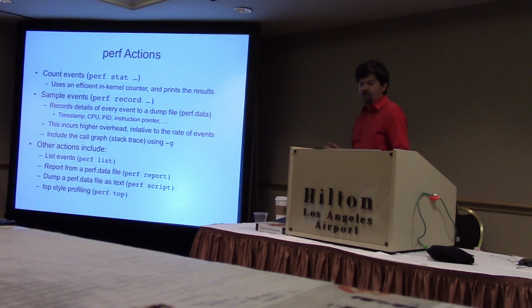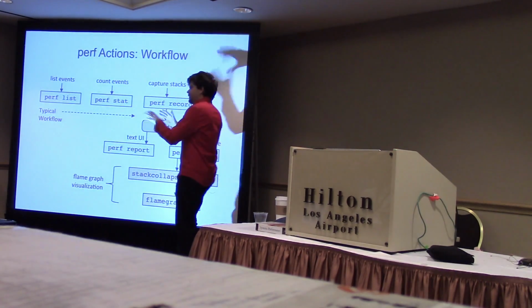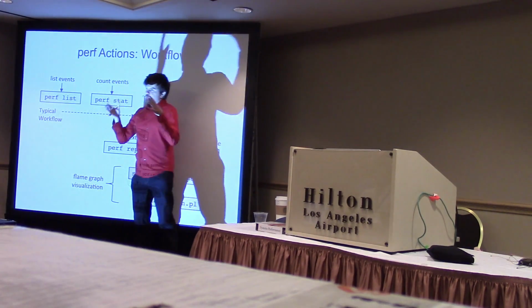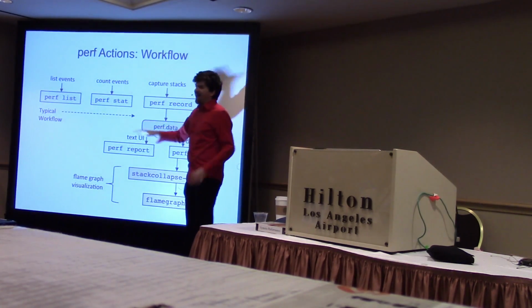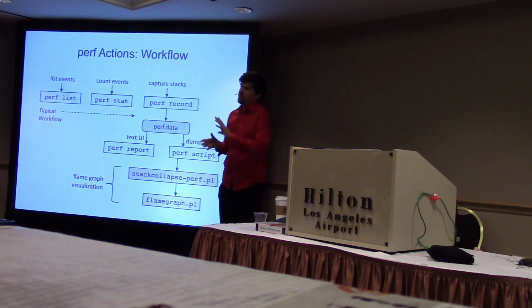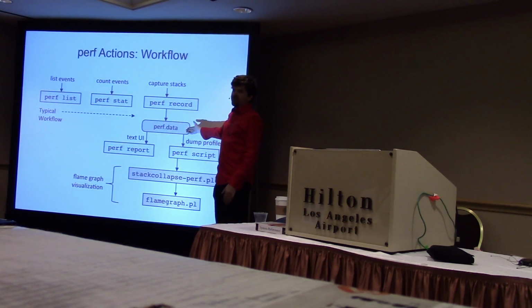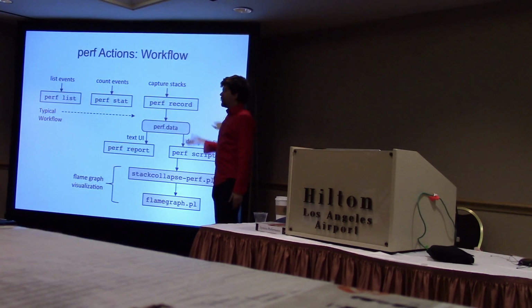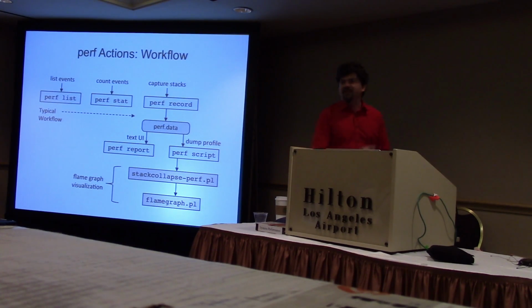And I turned it into a flame graph to make it easier to navigate. And there are various other actions. As a workflow, and I sort of demoed this, I generally start with perf list to have a look at the events I might want to instrument, and perf stat to count them, just so that I know. But if I'm going to do a perf record, we're writing all the events to a perf.data file, and so you want to know, is it going to be 10 million events or 10 events? So what's the rate of those ext4 da_write_begin calls?